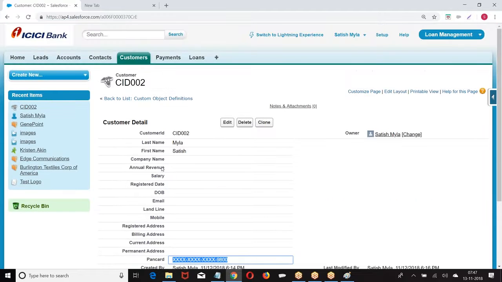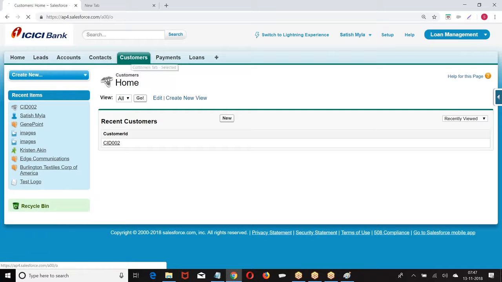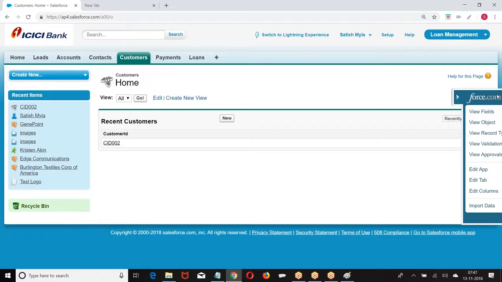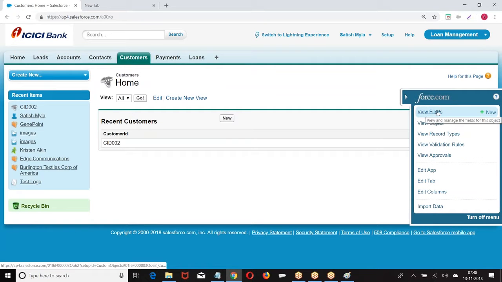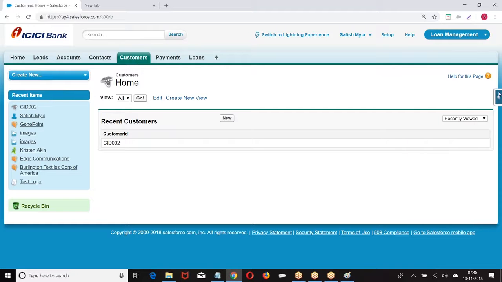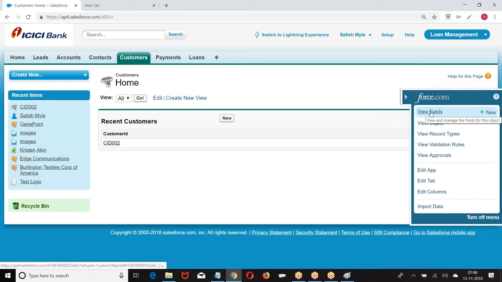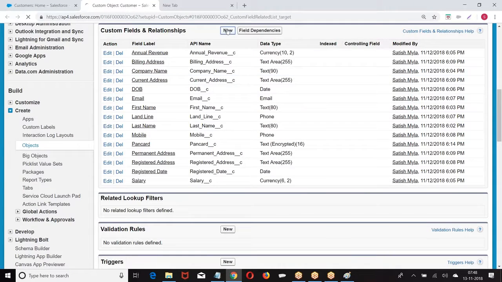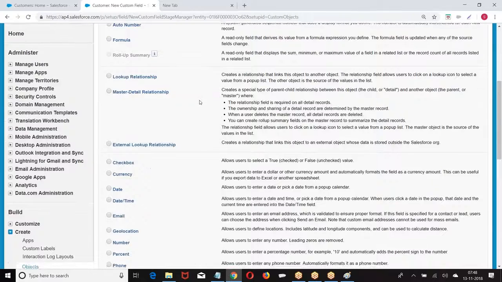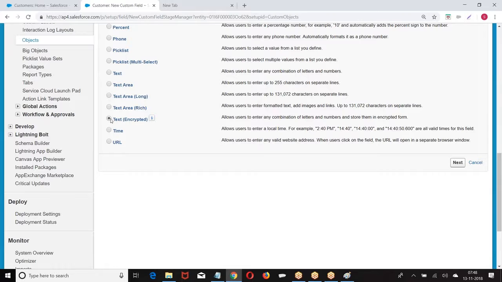Right. So let me create one more field. Now, when you click on the tab, you'll be getting Force.com. Every time I cannot go through all the navigation, so I'll click on the tab. I'll have a Force.com view fields. Text encrypted.